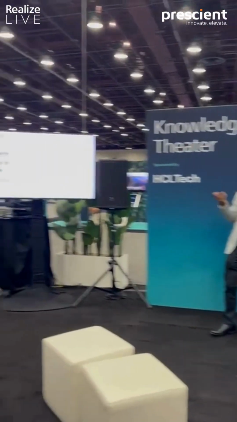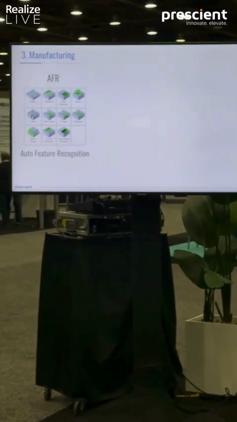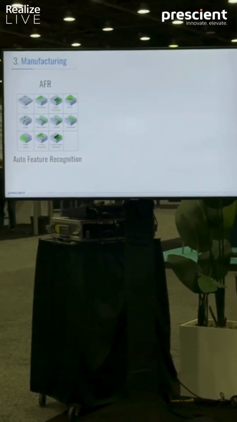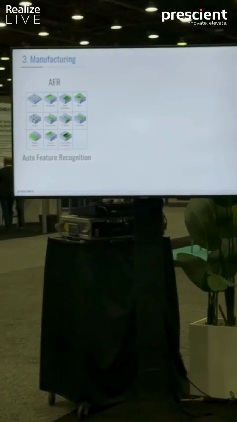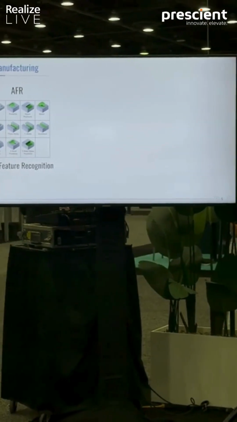So I feel that in the CAD and CAE area, in the design section, there will be a lot of places where AI will come in and change the way we work. One of our customers is a CAM manufacturing company, and whenever you make a strategy to machine your part, you need to recognize the features. Of course you do feature-based design, but manufacturing needs different kinds of features. They have to identify different kinds of features.